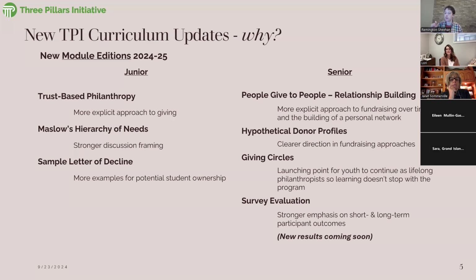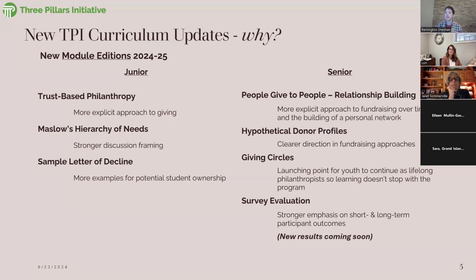And that is really what we want that last discussion to be for the seniors: now you can take these tools and do whatever you want with them, because you will be a philanthropist for the rest of your life, no matter what that means, whether you're actively fundraising for a nonprofit or whether that just means that you're doing good for the benefit of others on a day-to-day basis. But we want that to be a springboard and a launching point for them after they graduate.